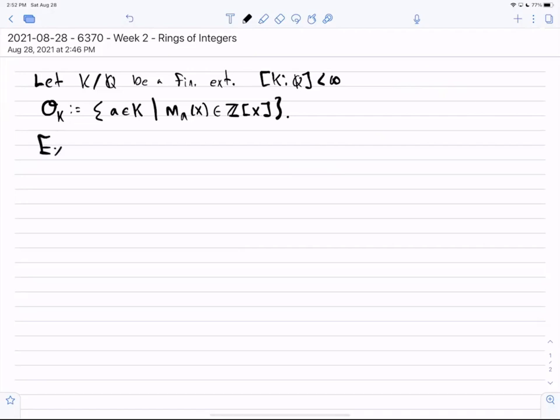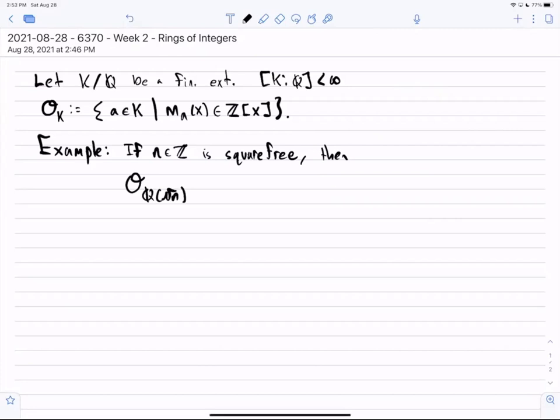And just to recall an example that was on the exercises last week, if n is a square free integer, so it's not divisible by the square of any prime number, then the ring of integers in Q adjoin square root of n is going to be equal to Z adjoin square root of n, which is just Z plus Z times square root of n,